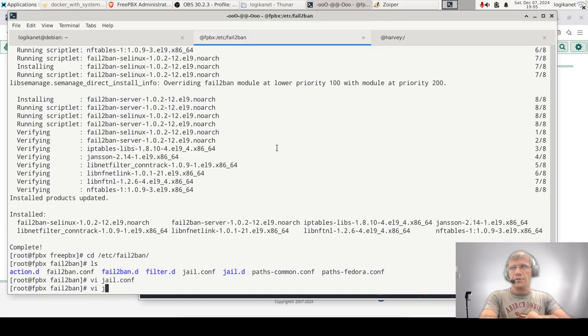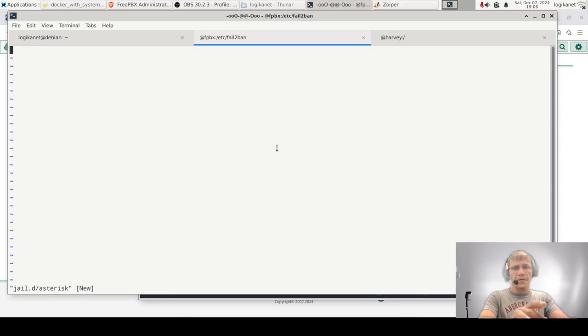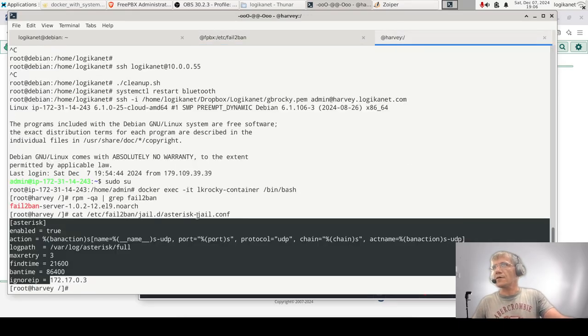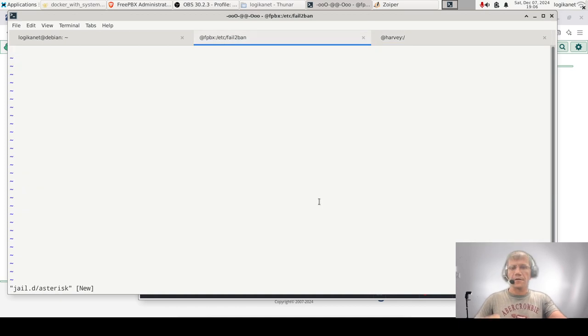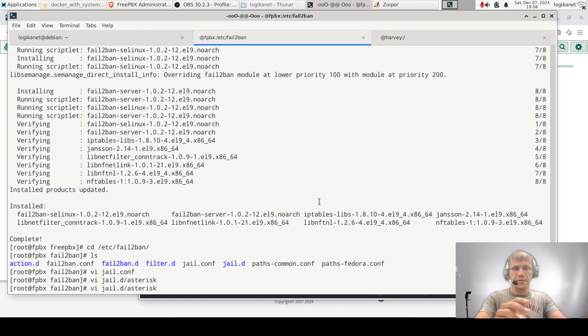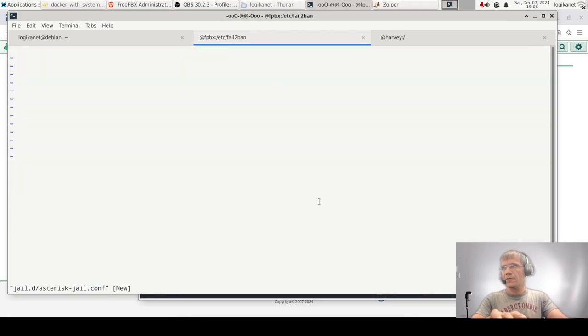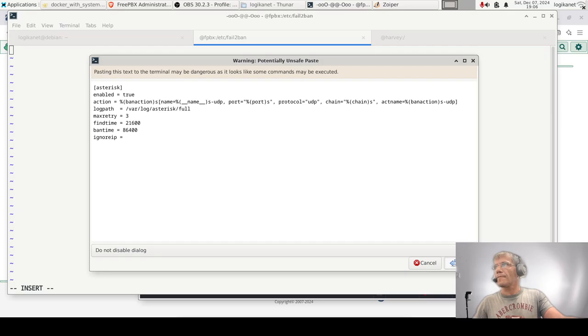vi jail.d and asterisk, it has to be .conf, right? I think it's yeah, it has to have the .conf. So asterisk.conf. I'm gonna put asterisk jail just to make it different, and paste here,